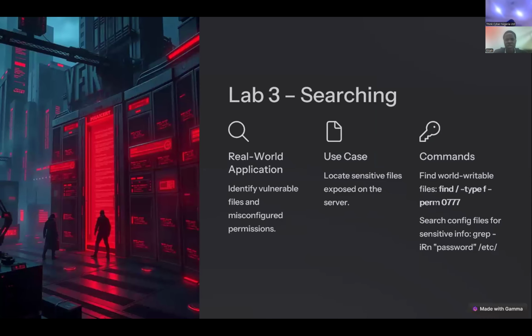Searching helps me find files and directories in my system. It helps me identify vulnerable files and configure permissions. I can search for a particular file with a particular permission. Like now, 777 means everything is read, write, execute for the user, for the group, and for others. With that, I can know which files any other person can execute, write, or edit. So I will do that now: see all the files on my system with read, write, execute permissions for all of them. I will cover permissions very soon, but let me just search using that.